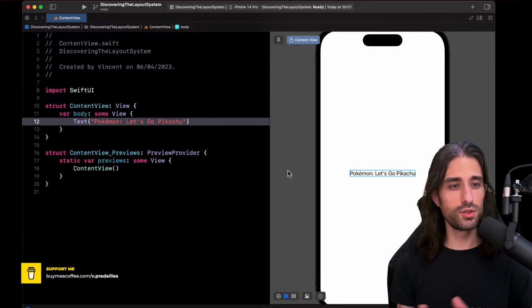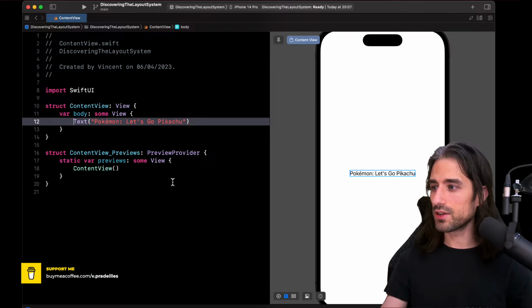So we are starting to see two interesting characteristics of these views. They display from the center of the space that's available to them, and they only take the space, the screen real estate, that they need. We'll see, of course, that it gets a bit more complicated when we start to introduce a more complex view hierarchy than just having a text.